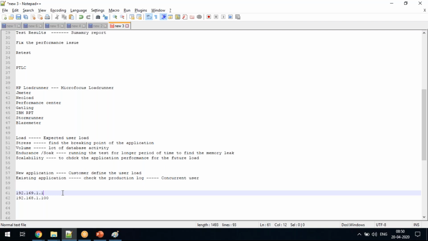So the receiver will not think this is one user. They'll think that these are different users. IP spoofing is nothing but changing the IP address frequently. Clear, guys?